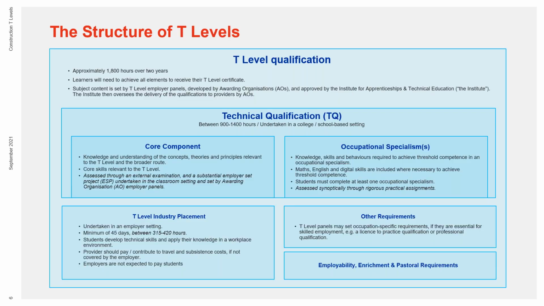So I'm just going to touch on the top part of this slide, because the next slide is a bit more visual and it's easy to explain the TQ content around it anyway. To give you an overview, there are approximately 1,800 hours on a T-level over 2 years. Learners will have to achieve all of the elements of the T-level programme to be awarded the T-level certificate. And that includes everything that's in the TQ content below, plus industry placement and others as well, any license to